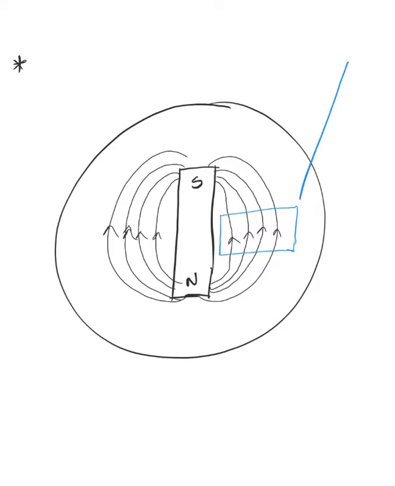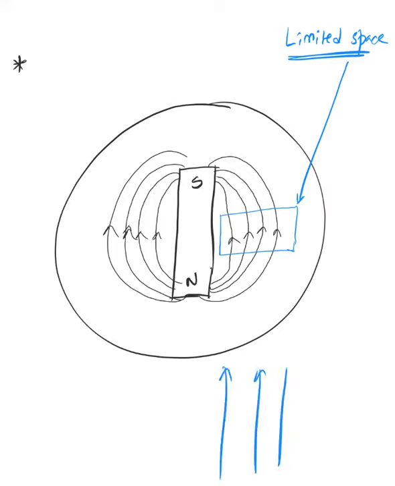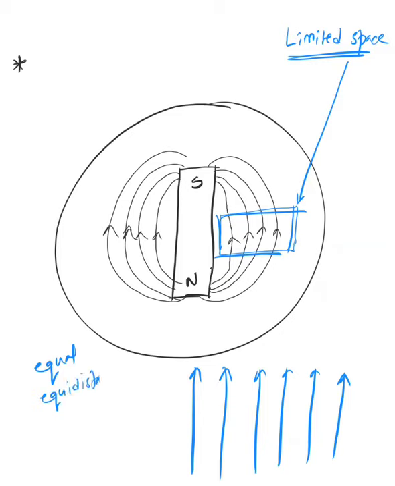So this is called a magnetic field line in a limited space. When we talk about magnetic field lines in a limited space of the Earth's magnetic field, the lines are going to be like this, which I showed you earlier. If you zoom in on this picture and look at this part, all these magnetic field lines will appear something like this. How are they? They are equidistant, you can say they are uniform. And these lines are parallel to each other. So in a limited space, it will appear like this. I'll give you an example. We know Earth is a sphere, but when you go to a football field or a cricket ground, it looks flat.